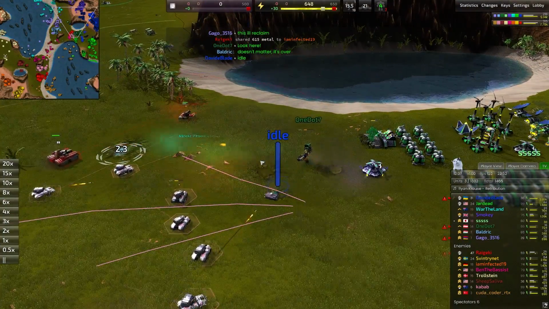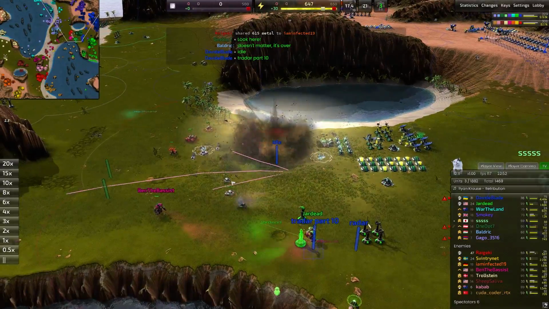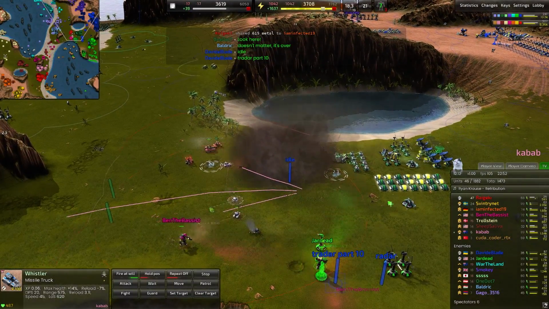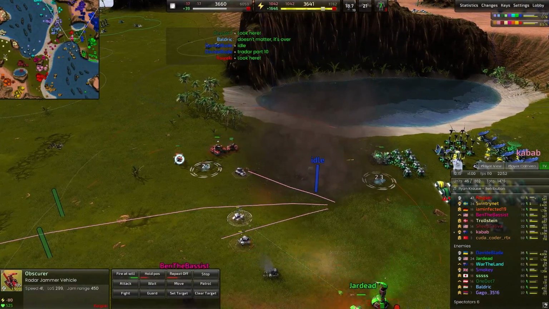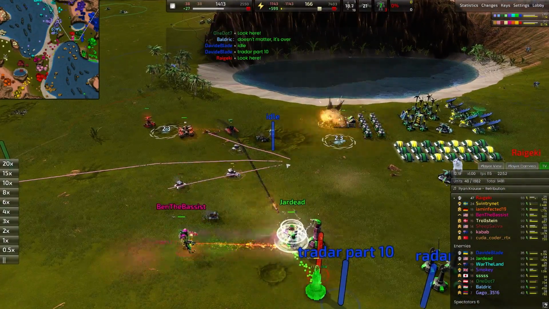1.7 in a predicament here. Soaking up those ZAR shots, and boom goes the Green Commander. Whistlers here actually really important, contributing tons and tons of line of sight. So we have a radar jammer. We don't actually have a radar truck. Means that the line of sight here is all based on...